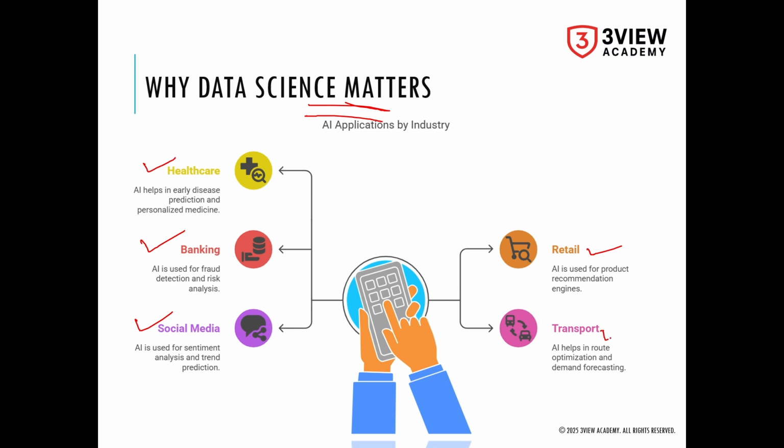Similarly, in transport, we all know we are using Google Maps. Sometimes there is high traffic or congested traffic ahead, so Google Maps will automatically redirect you or give you a suggestion to take a new route based on the estimated time of arrival calculation, which decides that if you go with this route, you are going to be delayed by half an hour or by 15 minutes, the traffic is 5 minutes slow, 9 minutes slow. You will get that feedback in real time on your map. So this is all working with the help of data science in some format.